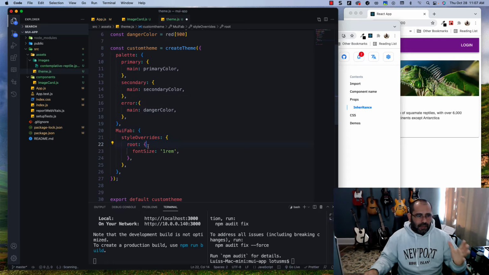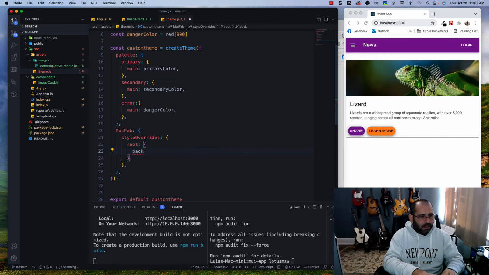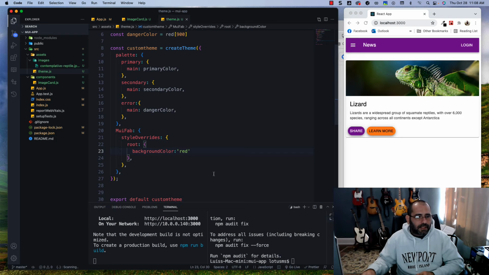Now, if you make a root change, if you make a change inside here, it's going to apply to all of the fab buttons. This is why I talked about being careful about what you override, because if you do it at the root level, you're gonna change all of them. So just to explain, I am going to do a background color, and I'm gonna make it red. And if I hit save,